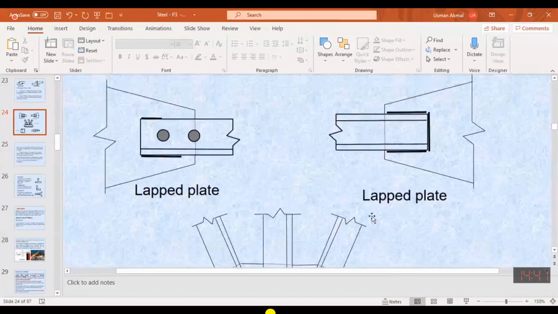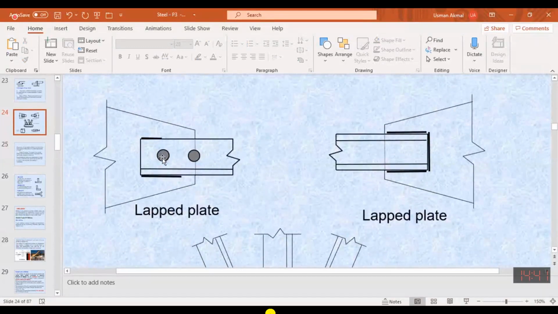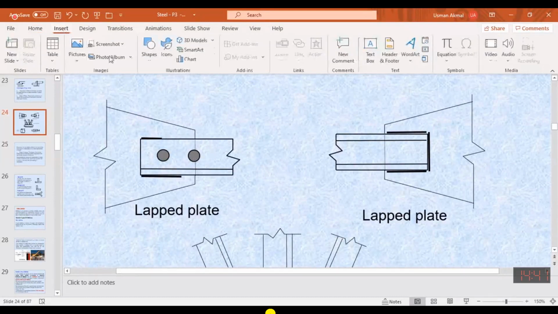Actually, in this case, I told you that when we are providing fasteners, we will see when we finish our connection design that we maintain a minimum center to center distance. So the center to center distance between these 2 bolts should be 3 times the diameter of the fastener. Similarly, the edge distance from the center of this bolt to this edge should be 1.5D. Similarly, we need to provide the edge distance from this center to the other side. It means that if we want to provide the edge distance to this gusset plate on the other side, in that case,